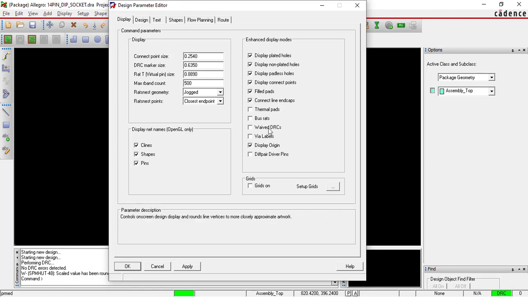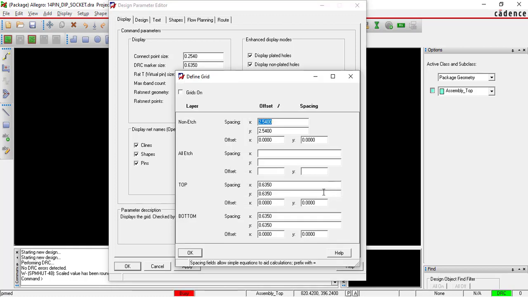Now after this we have to set our grid. Click here on grid. Here it is default 2.54. Make it 0.01 for non-etch. For non-etch we fill only 2 parameters, and for all etch we fill 0.01, and in another one also 0.01.